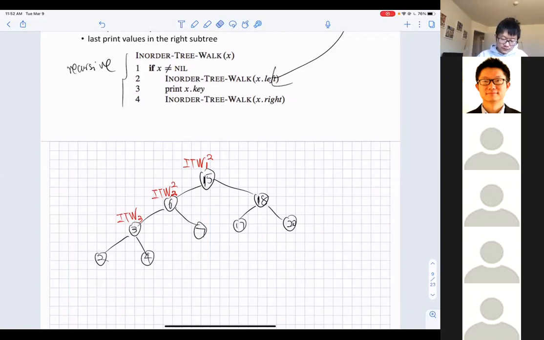Okay, sure. So to save time, let me just remove the last two numbers. Here you can see that this is the third time that we call this function, and